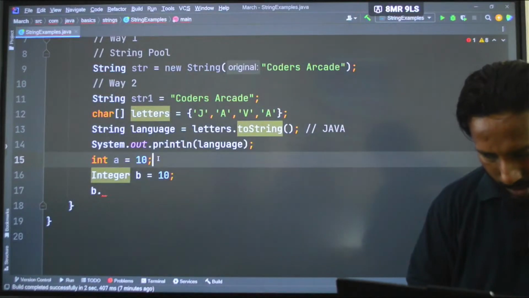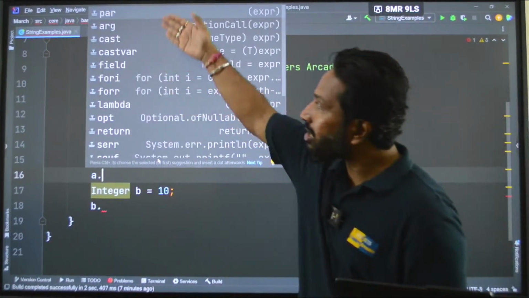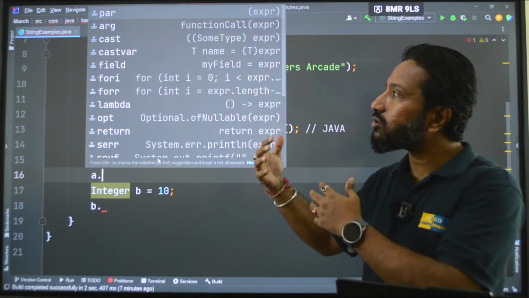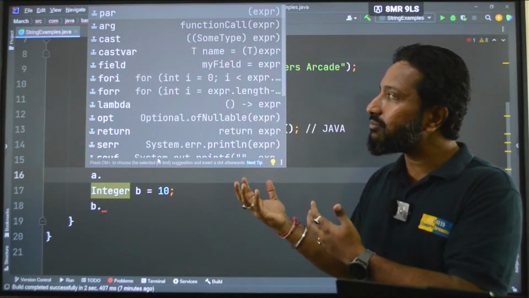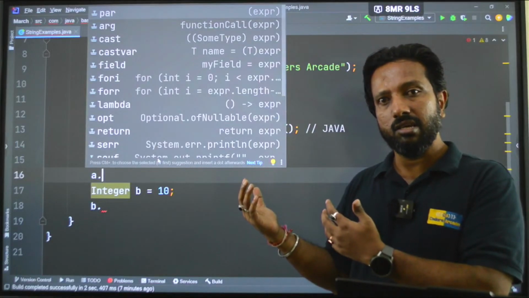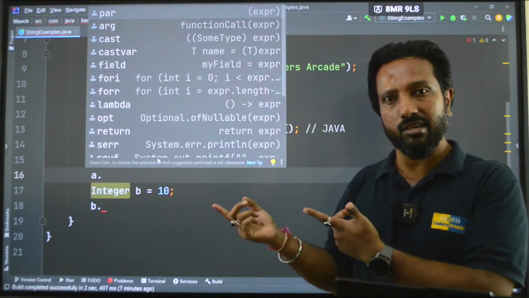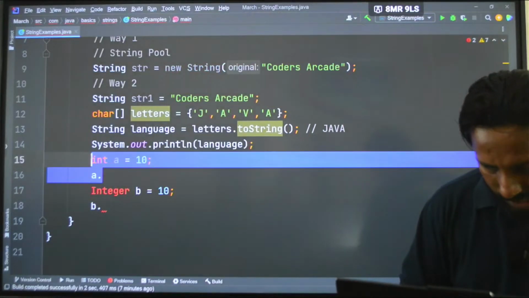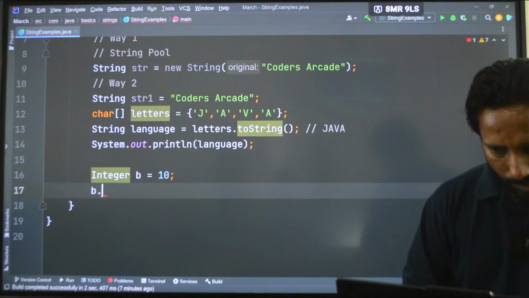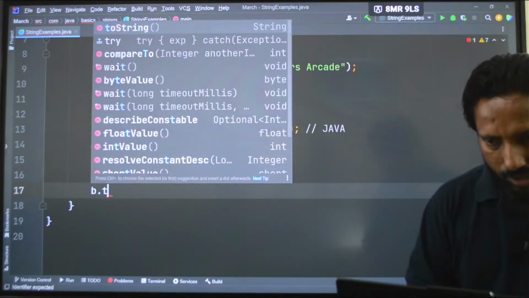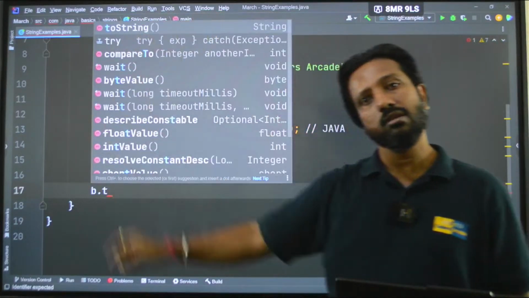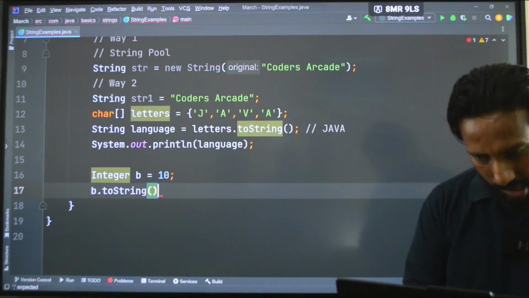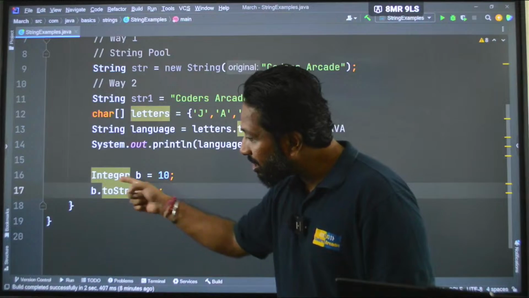when I say a dot, I don't get access to any methods, but whenever we are talking about object oriented programming, at that time we need methods. Suppose we want to convert an integer to a string, we cannot do it directly, but the magic that we can do using the wrapper classes is something like this. If I say b dot toString, this will work,